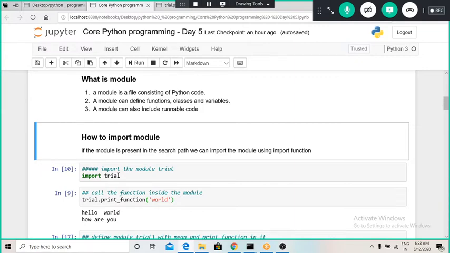But what we have to make sure of is that whatever module we are going to import should be in the file path, or saved in the same directory we are using. If it is a library, there is no need for the library to be saved in that particular directory. But when we are importing a module, we have to make sure that the module is stored in the same directory we are working in, or we have to give the full path. So this is all about modules. Let us define a module.